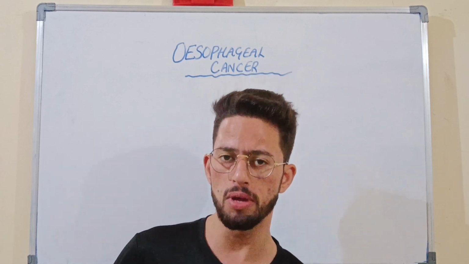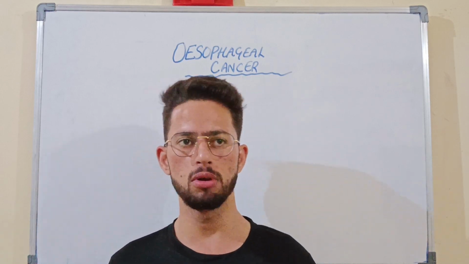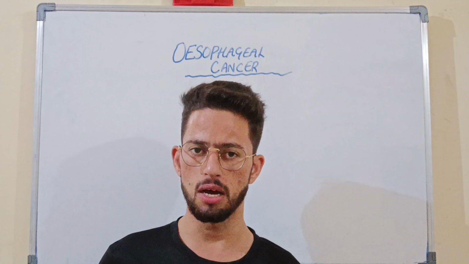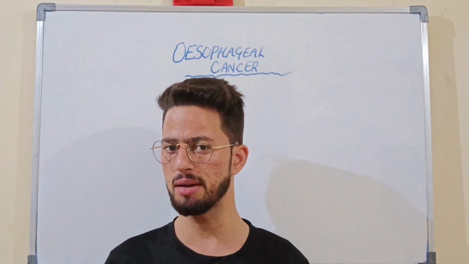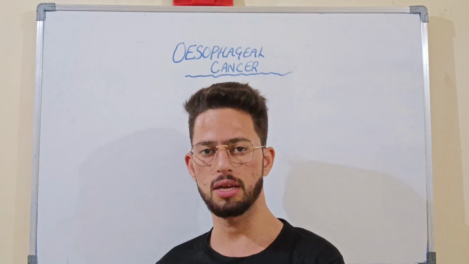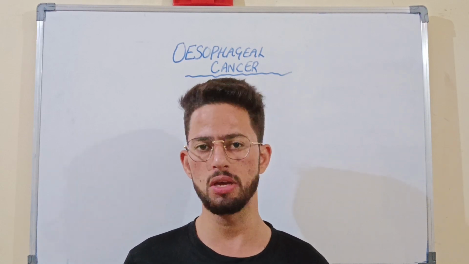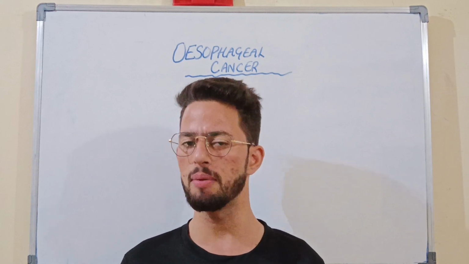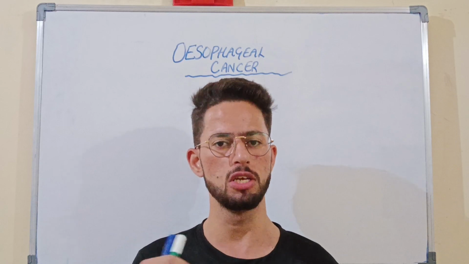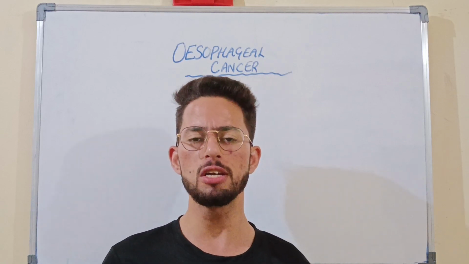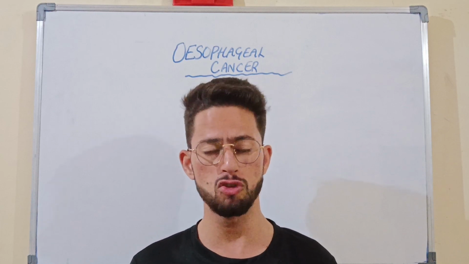Okay, so next, it is when there is abnormal and uncontrollable growth of cells, arising either from the squamous cells or the glandular cells, that is, the mucus-secreting cells. So they develop abnormally and uncontrollably, with rapid proliferation of these cells, which leads to esophageal cancer. Now let's talk about the relevance or incidence of esophageal cancer.